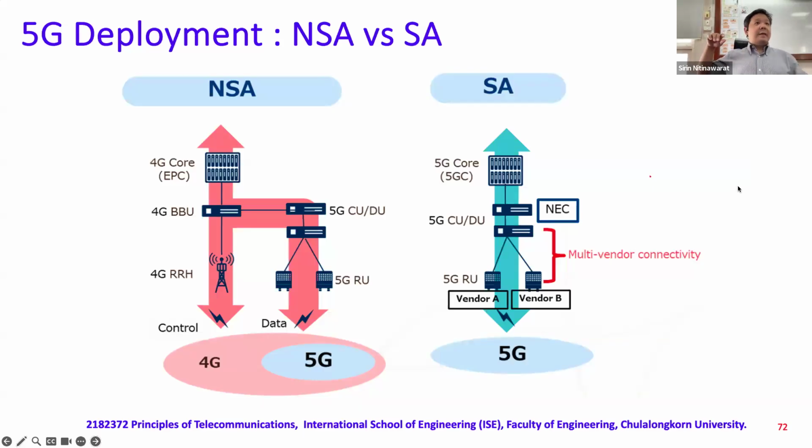Because there are significant updates to 5G from 4G. In particular, the new radio in 5G is not compatible with 4G. By that I mean, if you have an old phone that supports only 4G, meaning the cellular chip inside the smartphone doesn't support 5G, then you cannot connect to a 5G network, right?